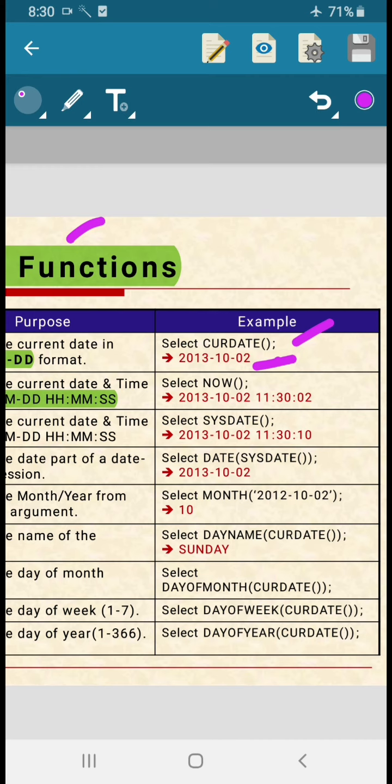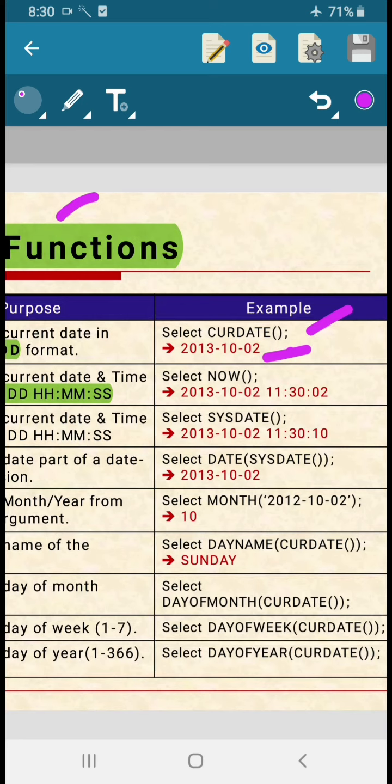Next, select. That is a 2-digit combination, not 1-digit combination, remember this. Now there is a difference between cur date and now. Cur date will display only the date, including the year and month, whereas now will display the date and time, the present date, present day, time. See, there is a difference. Suppose you run this function at 11:30, and after 15 minutes you run it again, you will get the answer where the date is same, the day is same, the year is also same, but the time will be changed. That is the importance of now.